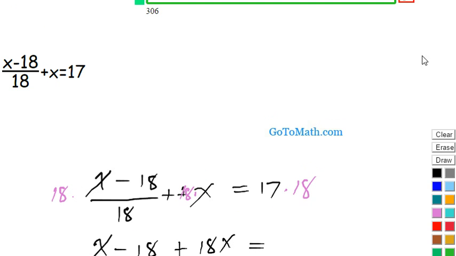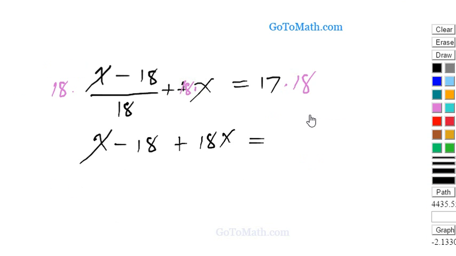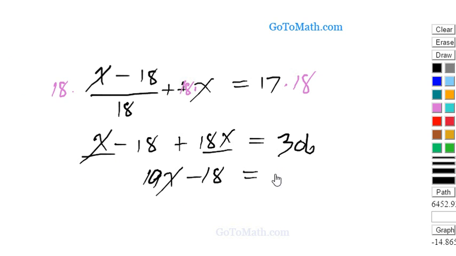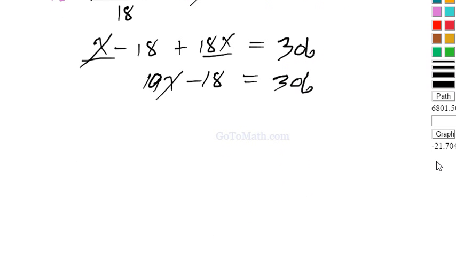And I'm going to do that. 306. I'll let you do that by hand. Use a calculator, whatever you got to do out there. Okay, so we got 306. Let's collect up some like terms over here. x and 18x are like terms, so that's 19x. Go ahead and bring that 18 over on the right. It's 306. Okay. Now, we can add